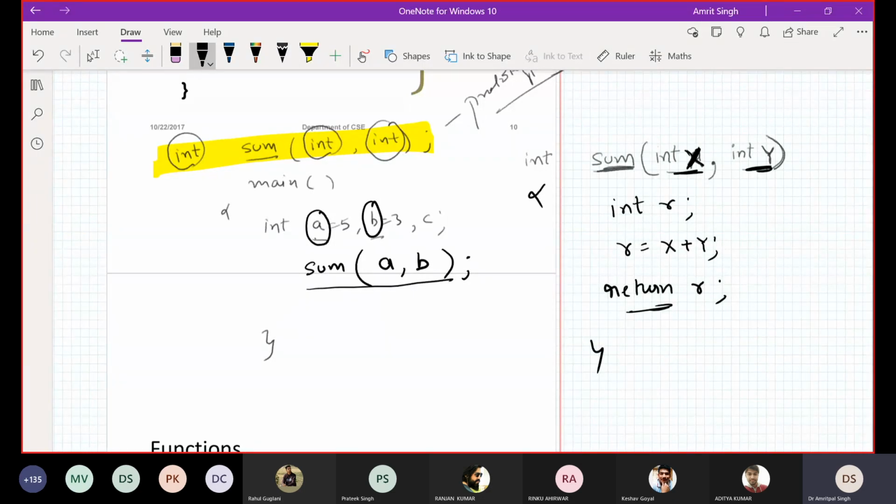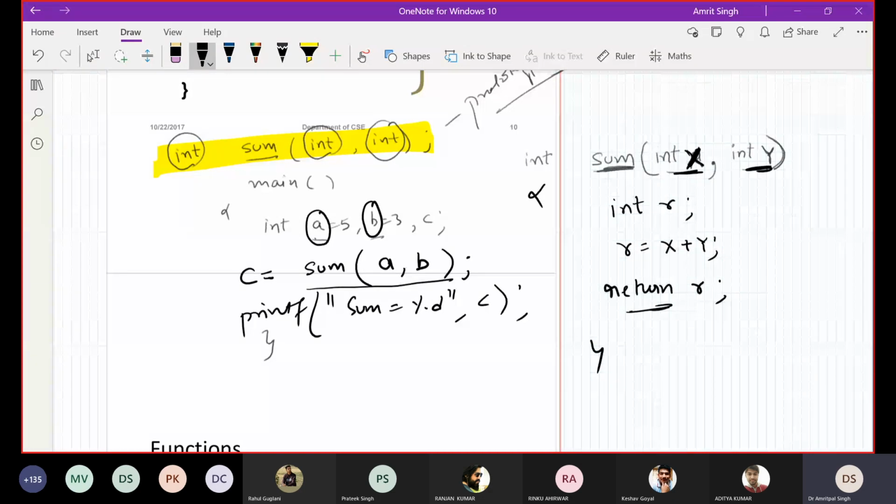I need a variable to catch whatever this function is returning. So I write C is equal to sum A comma B. Done. Printf sum is equal to %d, C. So that is how we can write a program with functions with parameters.